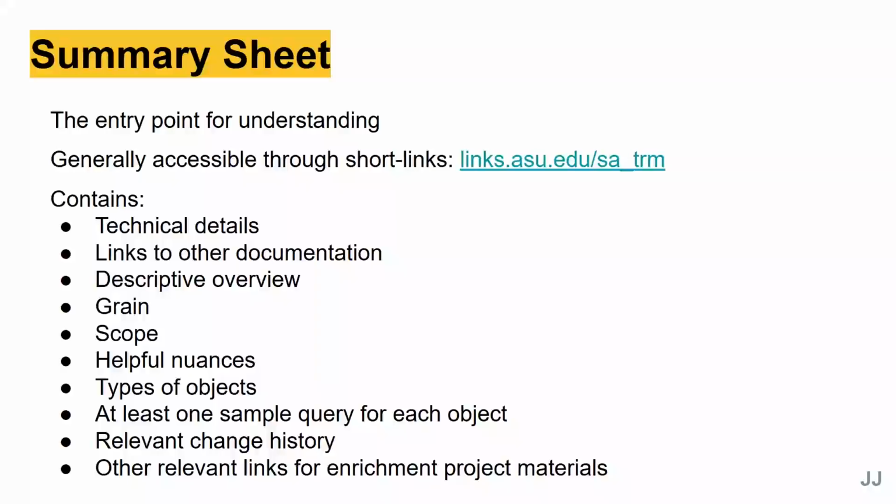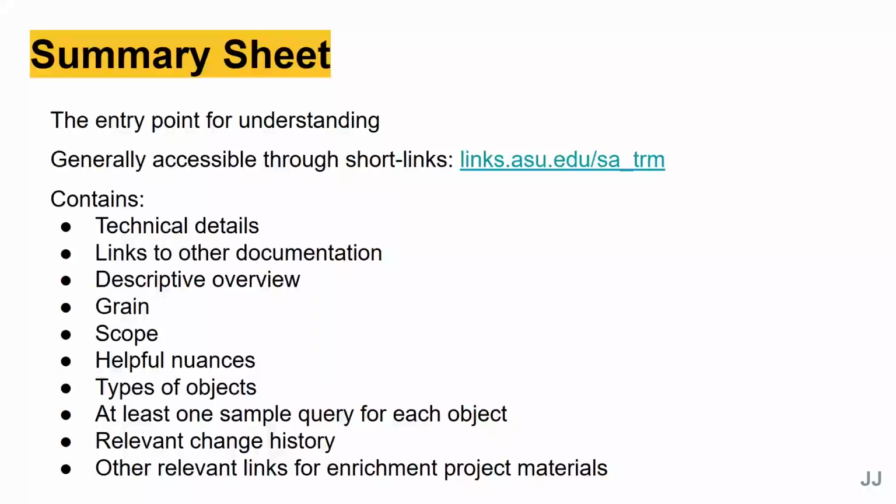So for instance, with our term dimension, we have lots of different versions of current. And some relative counts and things like that are going to be explained within this document. It's going to have the different types of objects that might be involved. So I say SA term. We also have SA term SCT, SA term SSNP. So we have our change capture, our simulated snapshots. All that's going to be documented in there as well. There's going to be sample queries for each of those object types to give you an idea of how you might use it.